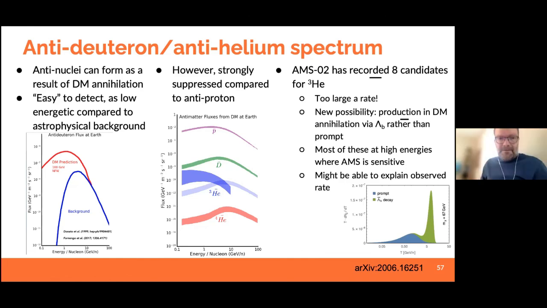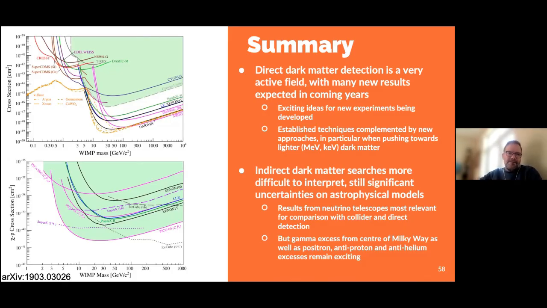Okay, this brings me to the end of what I wanted to talk about. So here's my summary. I hope you've seen that direct dark matter detection is a very active field with many new results and experiments coming online, and a lot of exciting ideas being developed, in particular when looking for lighter dark matter based on quantum technologies. And yeah, so these complement established techniques for heavier WIMPs to push really down to GeV, MeV, or even keV